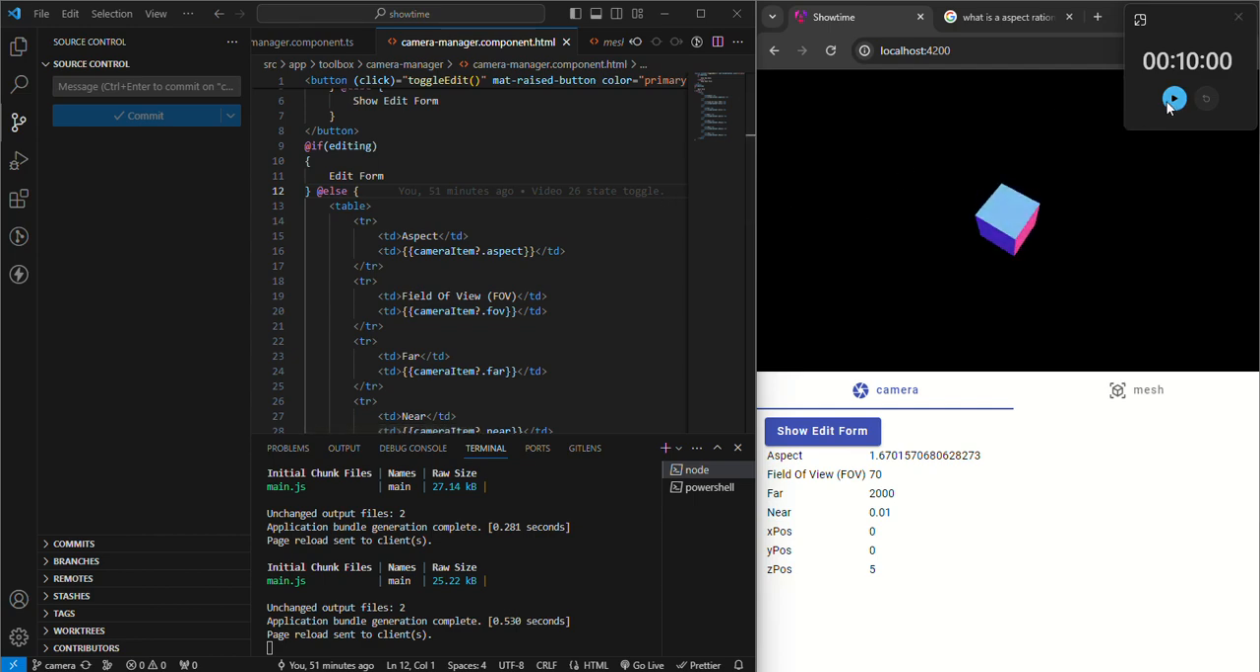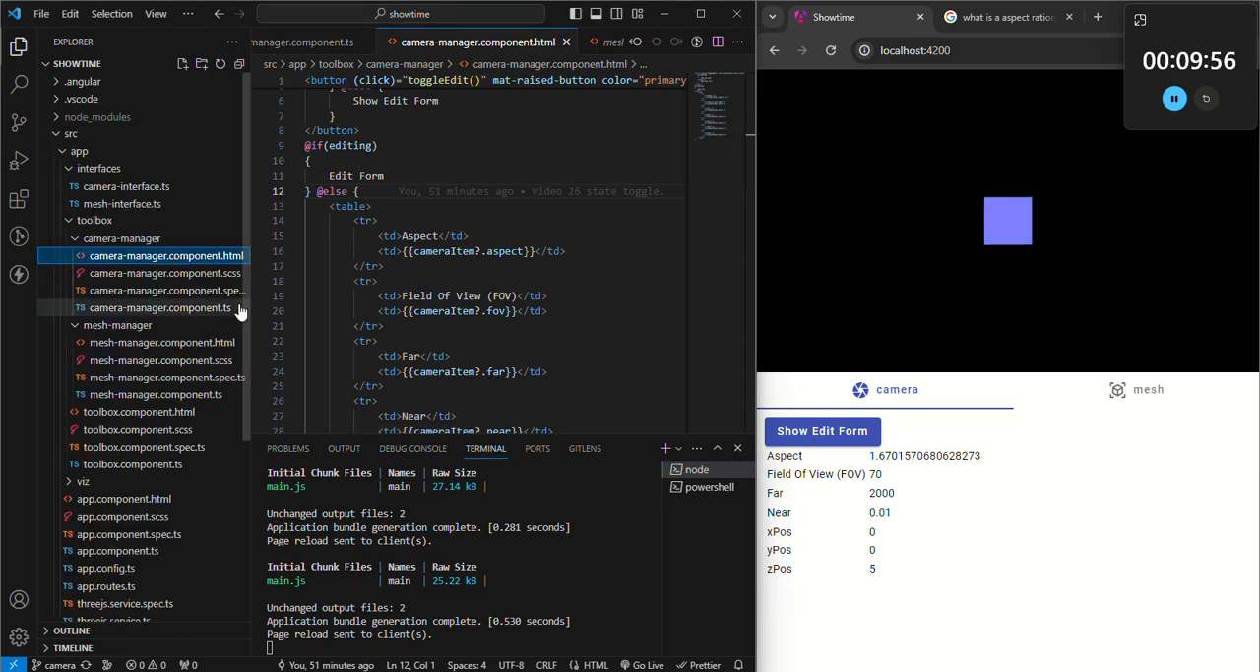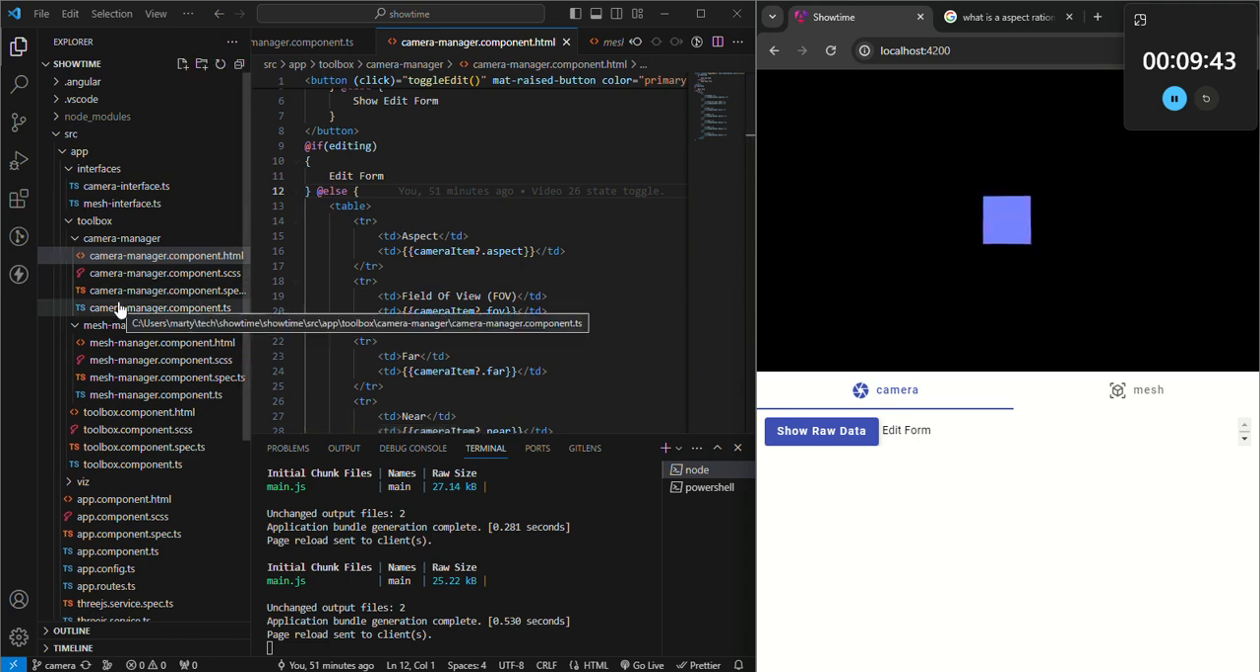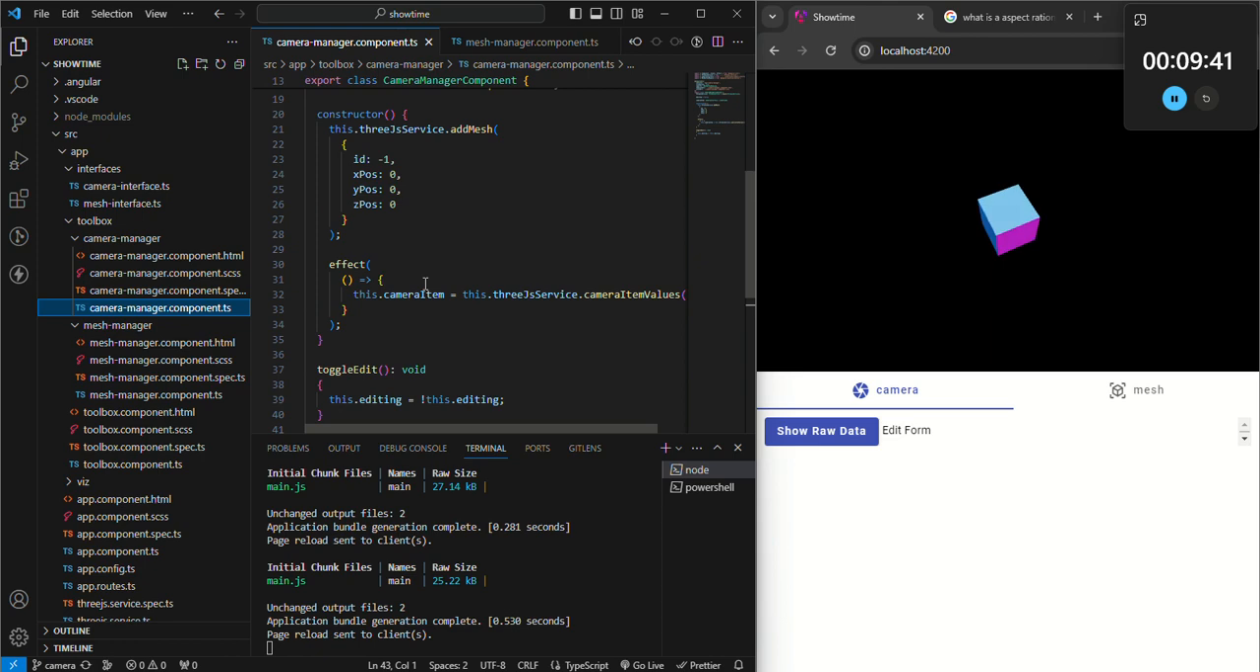Hey everybody. So last time we got our show edit form button working, and it shows this. And now we want to start working on the form itself. The forms are going to get more and more difficult to work on. And at this point, they're more difficult because we're going to start